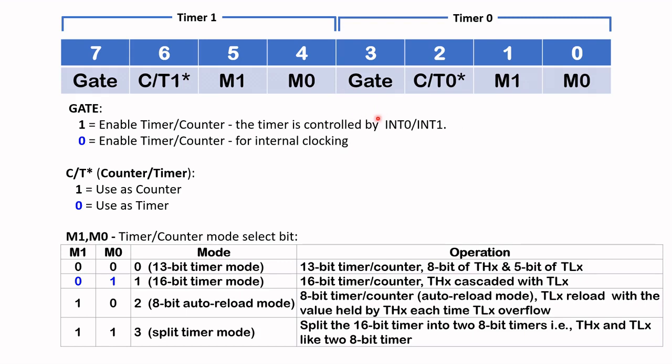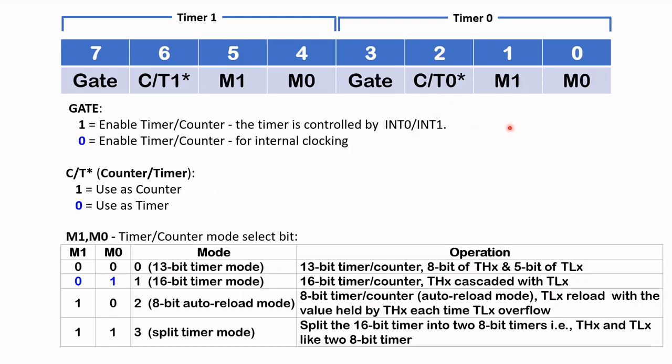If the gate is set to logic 0, then it's used for internal clocking. If you want to use this as a counter, then you need to set this to a 1. And if you want to use it as a timer, which is our intention in this video, we need to set this to 0